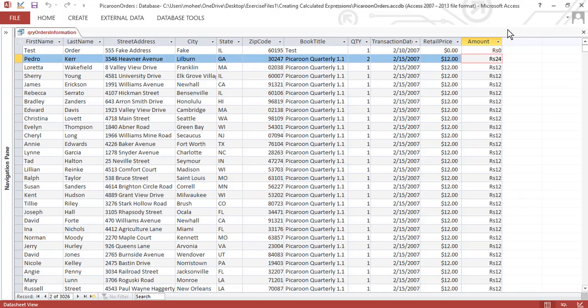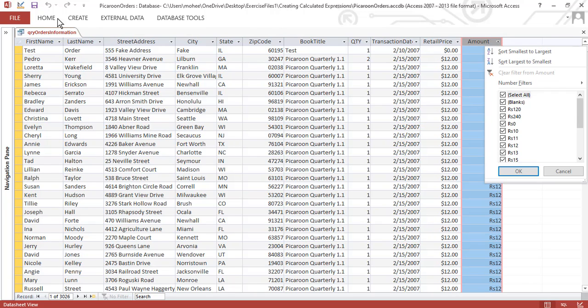Look at this field, the new field is created by Microsoft Access.